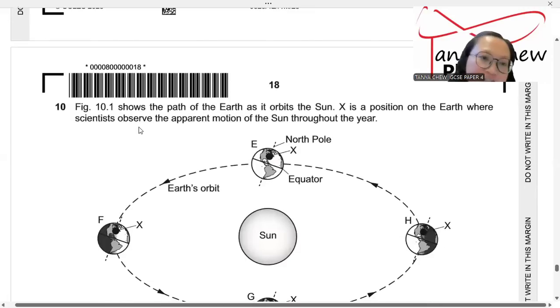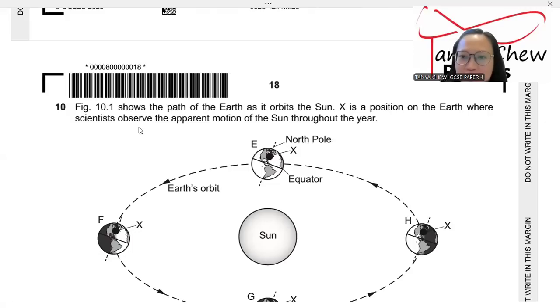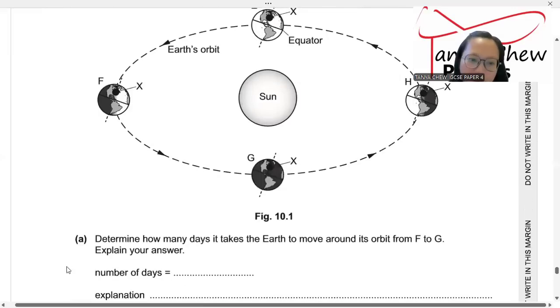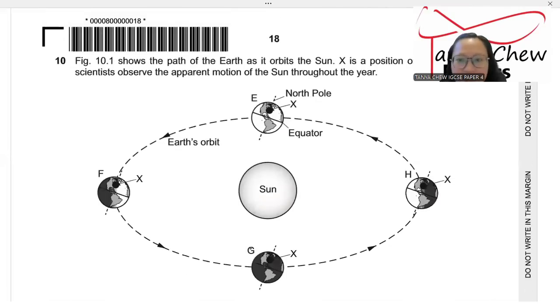Now, question number 10. Fig 10.1 shows the path of the Earth as it orbits the Sun. X is a position on the Earth where the scientists observe the apparent motion of the Sun throughout the year. A. Determine how many days it takes the Earth to move around its orbit from F to G. Explain your answer. You see, from F to G, G to H to E, and back to